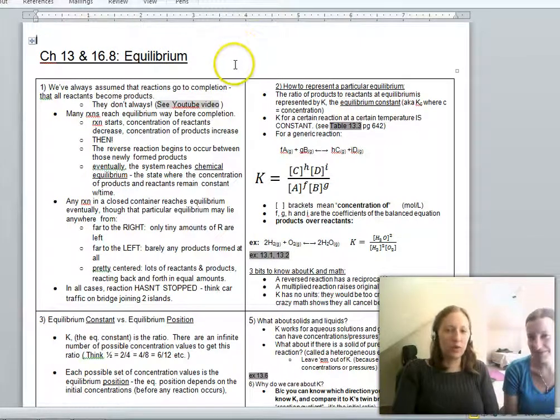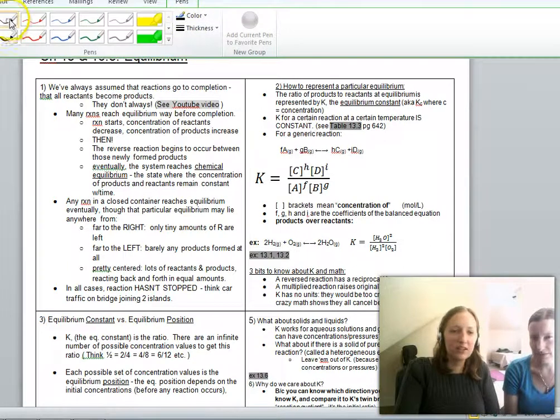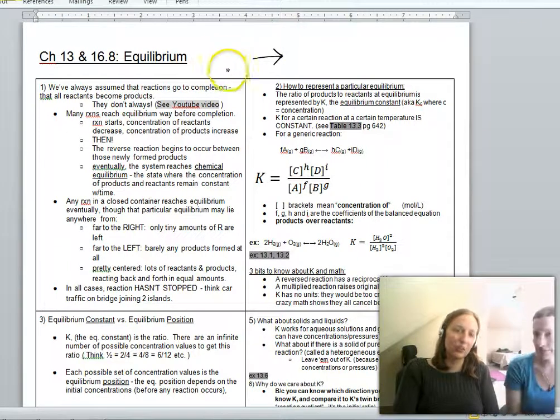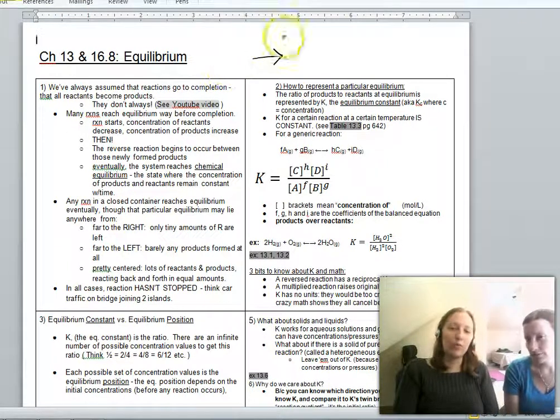And we're studying equilibrium, which is slightly different than what we have always thought about reactions, which is typically you will have this nice single-headed arrow, which implies that you've got reactants that will react with one another and form products, and it will go all the way from reactants to all the way to products, and then that's all you've got. That's true for some reactions, but actually a lot of reactions are in an equilibrium state in which